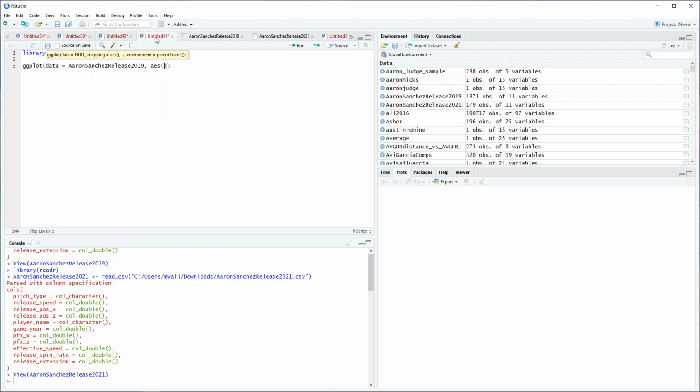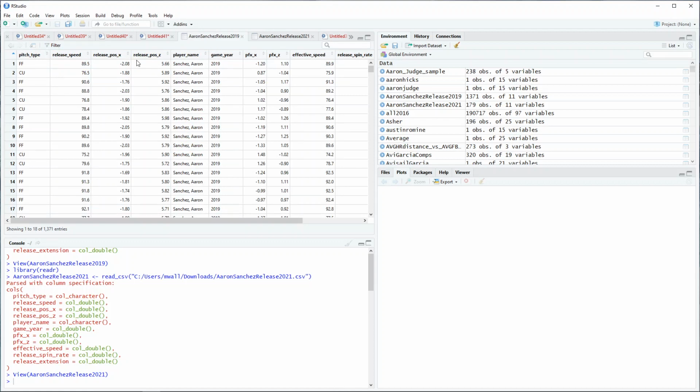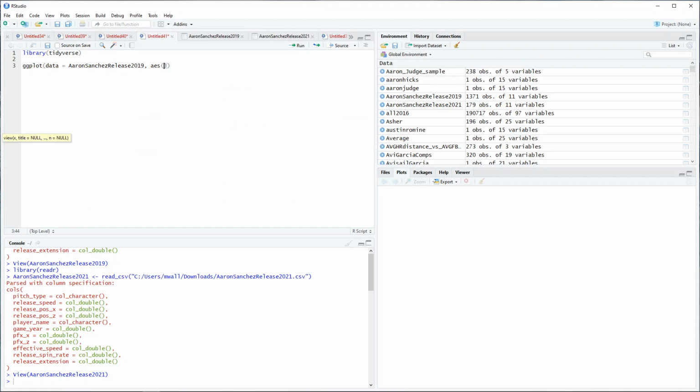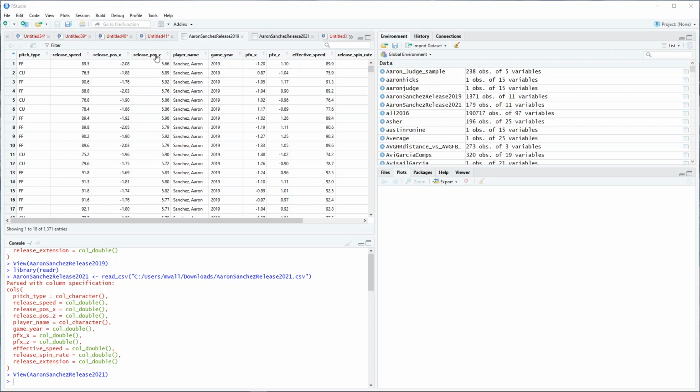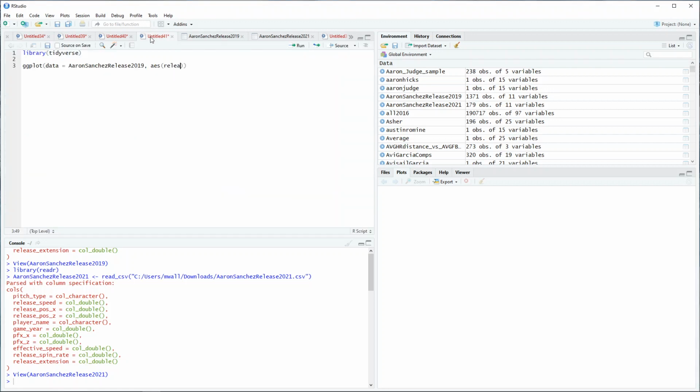And so X, looking at my data here in terms of what I want the X value to be, we could do horizontal or a vertical release point. It really shouldn't matter. But I just want to see what I might want it to look like here. So give me one sec while I figure that out. Okay, so I probably want the vertical to be the y-axis. I think that's usually how it's done, to get the vertical on the y-axis. So release position X will be our